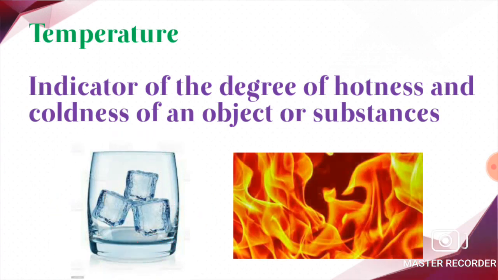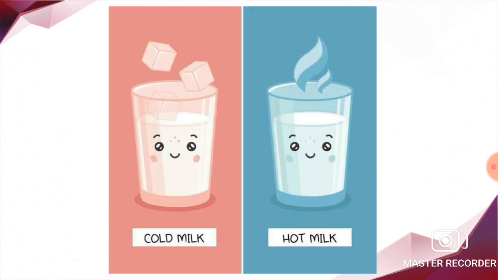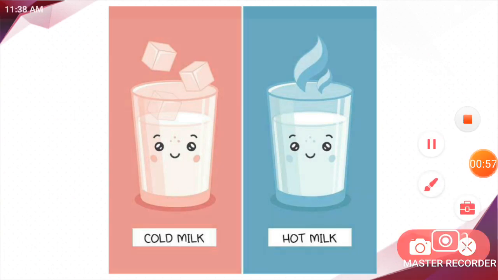Understood? Well, children, when a substance is heated, its temperature rises. On cooling, the temperature comes down, right? Now we will see what heat exactly is. You know, heat is a form of energy. For example, take a glass of cold milk and leave it on a table for some time, and in another glass take the hot milk and leave it on the same table for some time.